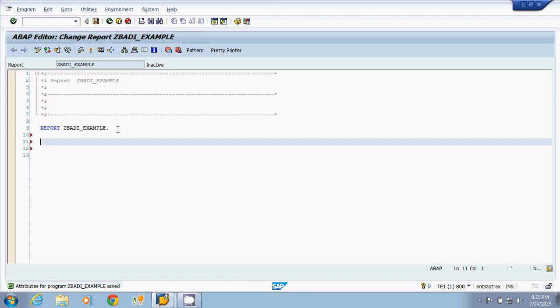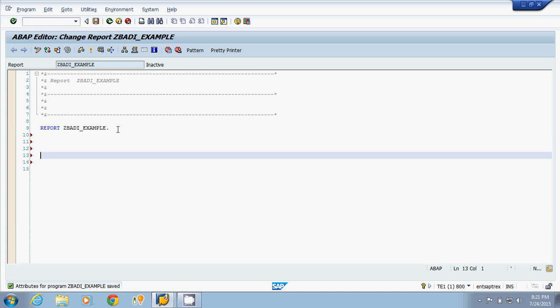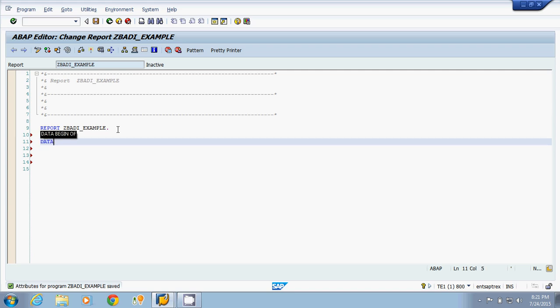Now what we have done, we have taken one method in the interface which is of instance type. We have already discussed, whenever we have an instance method, we always have to create an object. Suppose now I am creating an object with the DATA statement. Suppose my name of the object is LO_object, type ref to. So how do we declare an object in SAP? Name of the object, then we have type ref to.